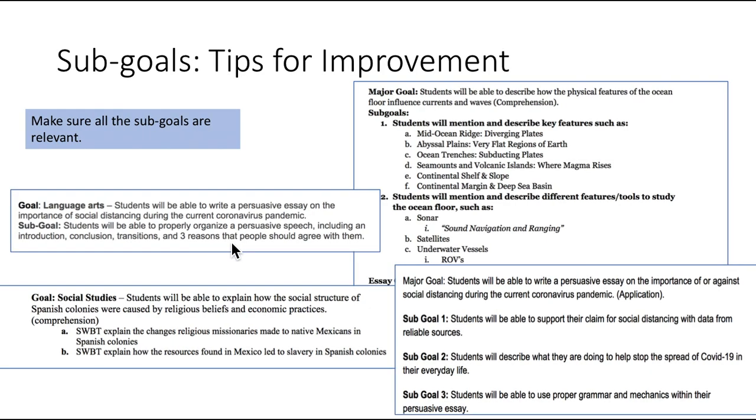It's pretty good, except these should be separated out into different sub-goals rather than just lumped into one, because that will determine the structure of your rubric. This one is really close, but there should be a more direct tie to how each of these things actually influenced how, in other words, not just the changes that were made to the natives, but how they were caused by their religious beliefs.